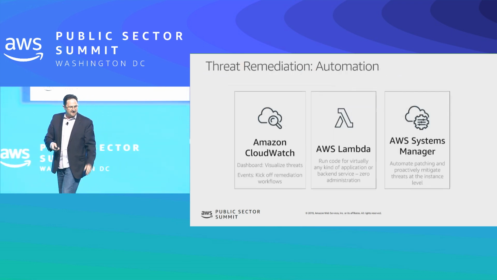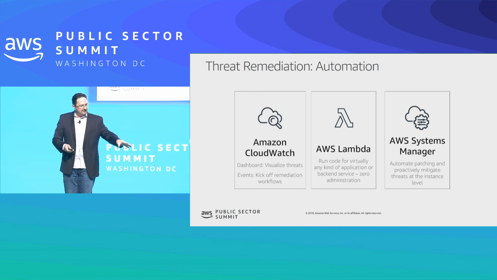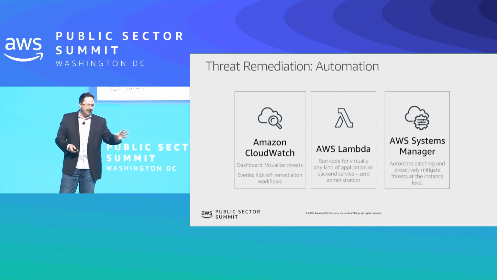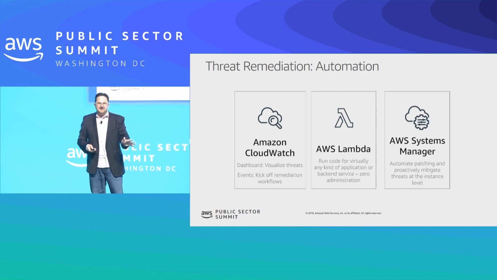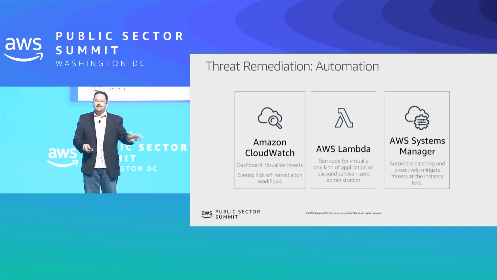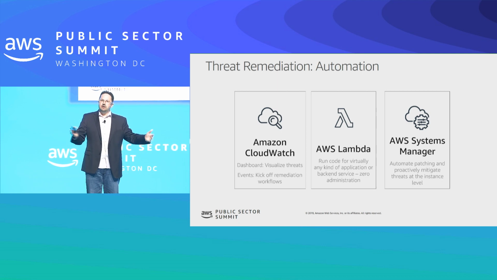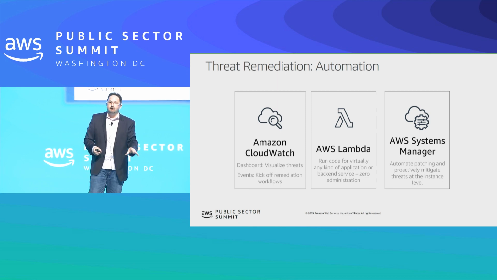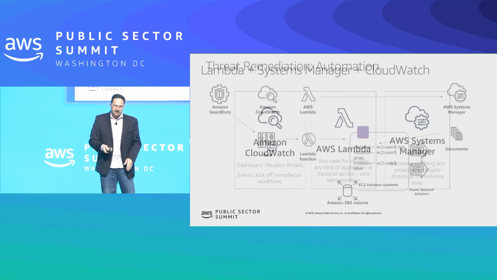So let's walk through an example here. We talked a little bit about CloudWatch. I mentioned Lambda already, so serverless computing. This is what we're gonna use to take and do things with our triggers. And then Systems Manager is very powerful because, for instance, with vulnerabilities, you could patch your whole fleet using Systems Manager inside the cloud. And the Systems Manager agent, you can actually run it on-prem if you want to as well. So very powerful set of tools here.